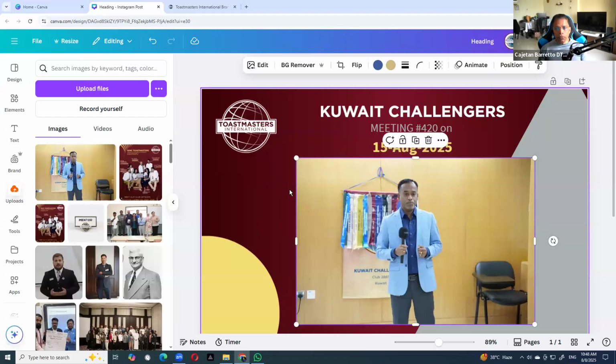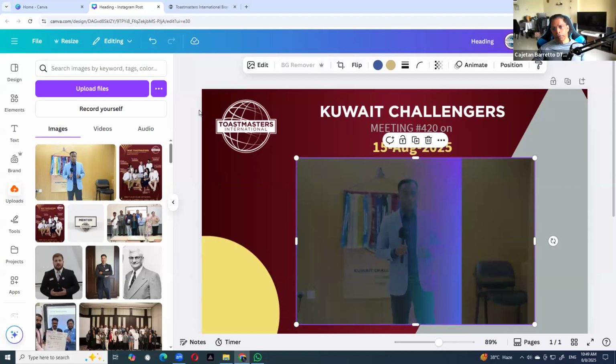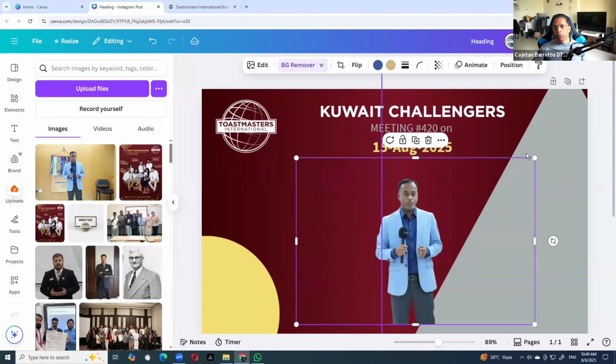And here, if you have Canva Pro, we can use the power of BG remover that we see here, to really make professional looking photos from normal photos. You don't have to go to the studio to do this. So you just click BG remover, and wow, isn't that a great photo that can be used in the poster?